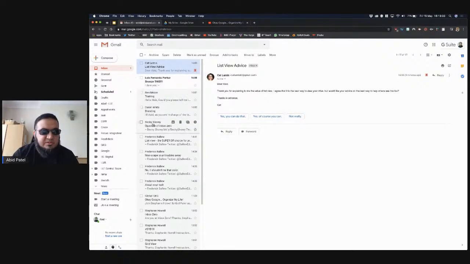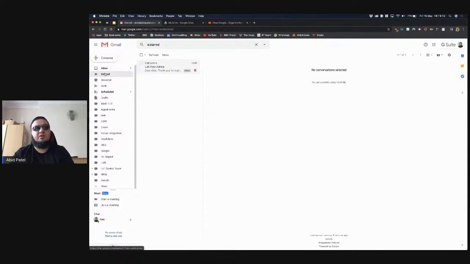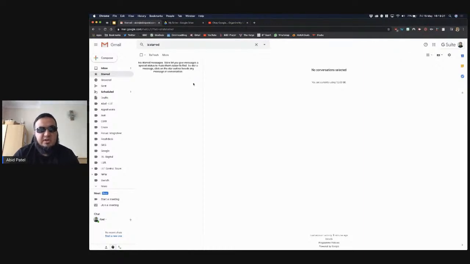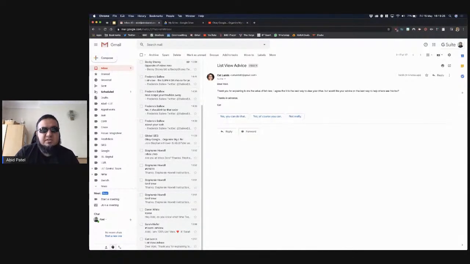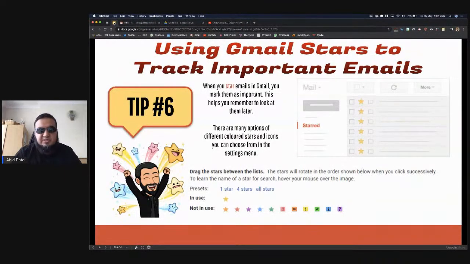Now, as I get more and more emails in my inbox, as those starred messages disappear, if I want to come back to my starred messages, I simply go to the starred section there, and you can see there's Kat's email with the red exclamation mark. If I click on it again, it removes the star, and then it will disappear out of the starred back into the inbox. So that's simply put stars, and it's a really nice thing to highlight an important message that you might want to come back to at a later time.